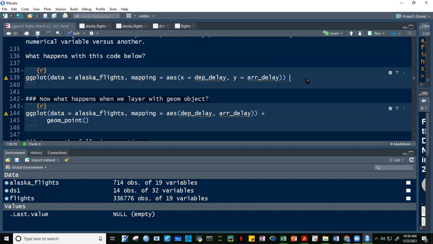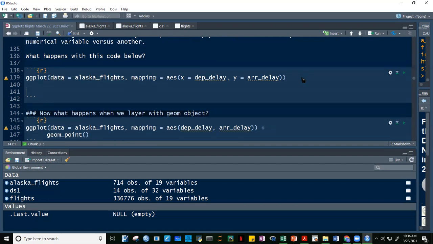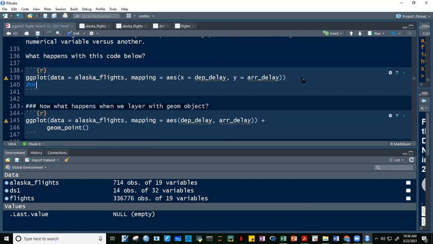So in this code, guys, we only have two components: our data and our mapping, the mapping of our coordinate system. So ggplot, data is equal to Alaska flights, and mapping is equal to aesthetics. Then we identify our x-axis and our y-axis. Now, this can also be written as